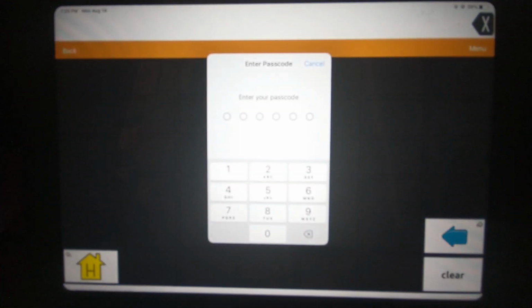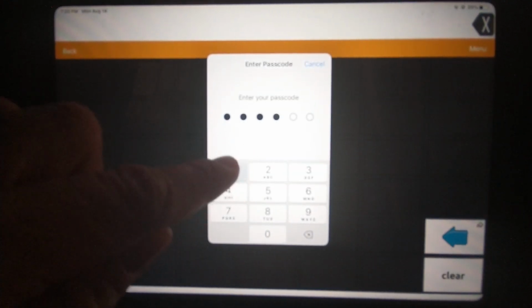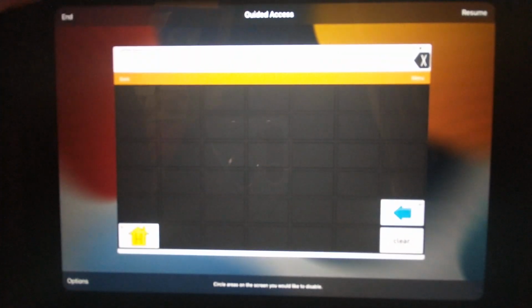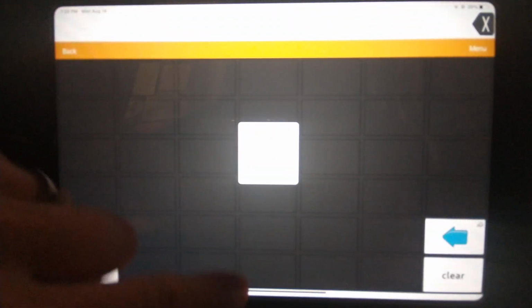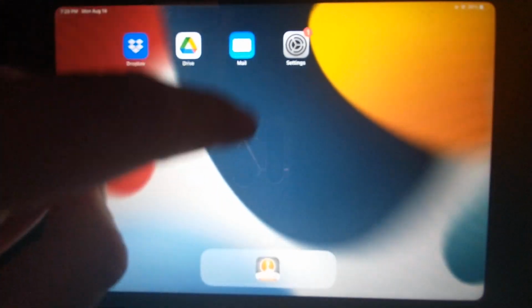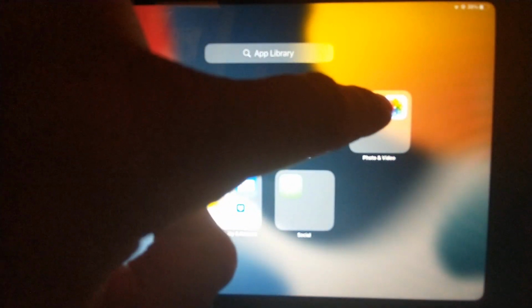I keep Matthias's iPad in a guided access mode so that he can't get out of TouchChat accidentally or on purpose. And so I'm going to touch 3 times on the home on-off button, enter my passcode, and then guided access. We're going to end it so that we can get out of the program. Swipe up, go to camera,